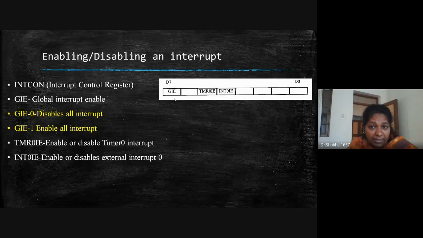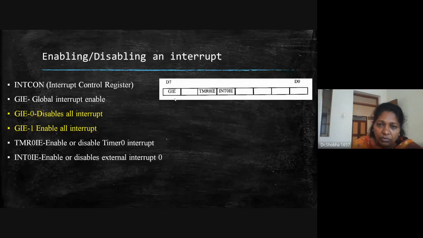Okay, and in that itself, you have an option to enable or disable timer 0 interrupt and also external interrupt 0. If you make it 1, you can use that interrupt. If you make it 0, you cannot use it at all. So there are other bits also, but which is not relevant for our purpose. So I'm not showing that now.